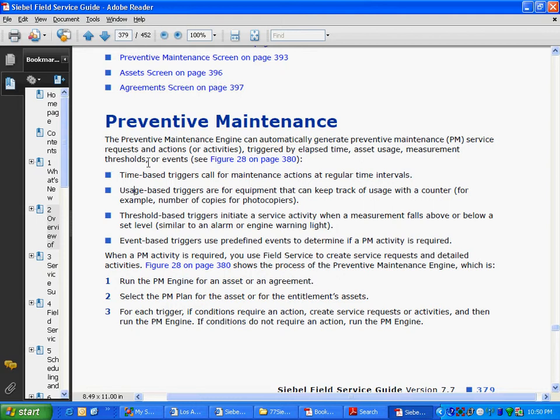Okay, usage-based triggers are for equipment that can keep track of usage with a counter. For example, number of copies for photocopier. Yeah, I think same thing applies on the cars also, right? How does it apply to the cars? Threshold-based triggers initiate a service activity when a measurement falls above or below a set level, similar to an alarm or engine warning light. Yes, it's very clearly